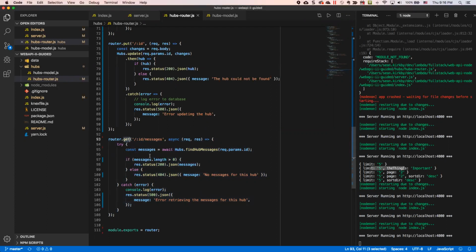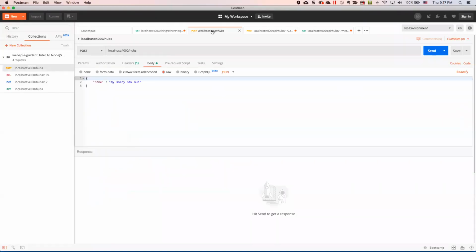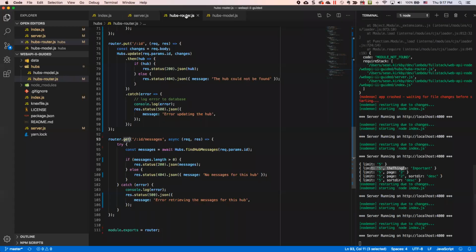But similar to what we did yesterday, and just as a hint, think about what HTTP method we use to create things and what you have to supply and how you supply it in order to create them, right? So if you look at this post, there's some hints here for what you're going to need to do. So you want to create a route handler that'll let you add a message to the messages collection for a hub, okay? And because it's going to be slash API slash hubs, it's going to be in this same hubs-router file,